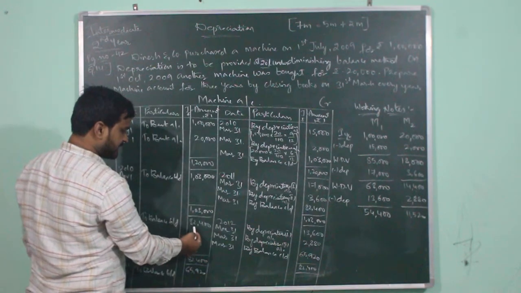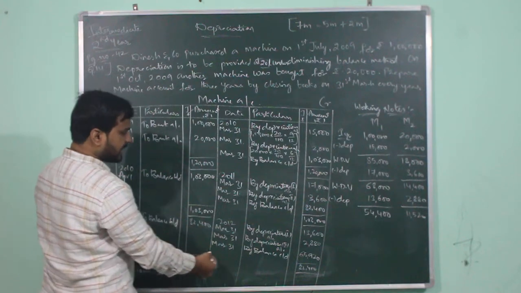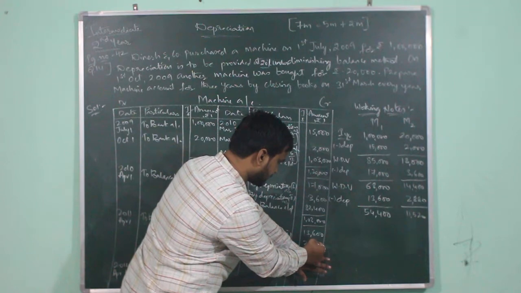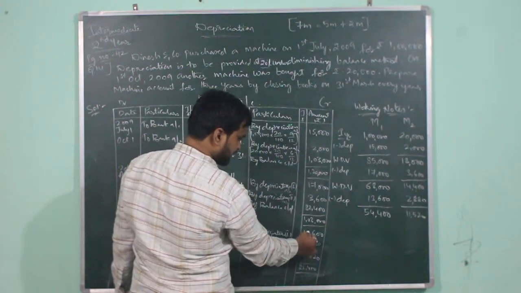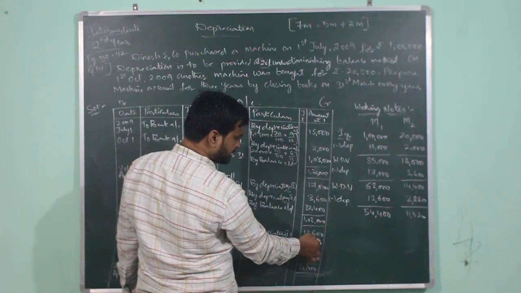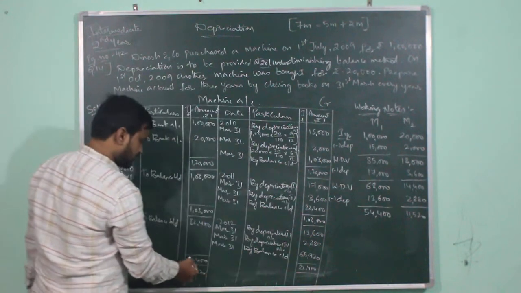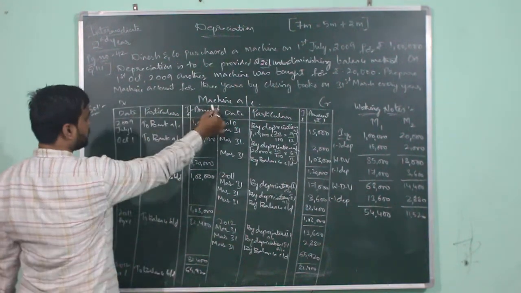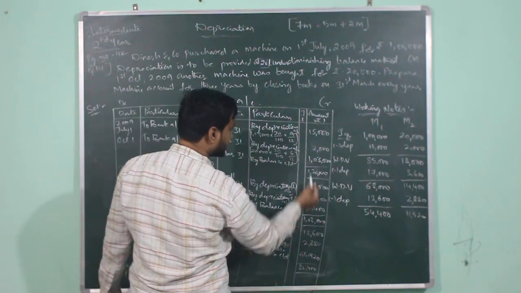So now balancing it, here the total is 82,400 and here the total is 16,480. So 13 plus 2, 15, 15 plus 8, 15,800, 15,800, 16,480. So the highest amount is 82,400. So writing 82,400 on debit side of machine account as well as 82,400 on credit side of machine account.